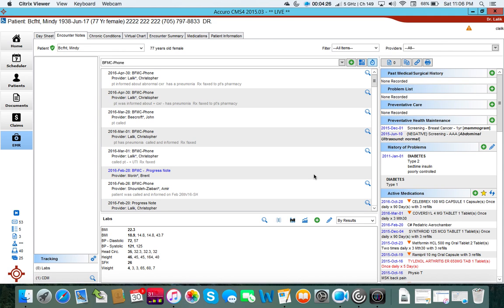Now let's look at the second scenario, where there is an abnormal result and the patient needs to be informed, but it's not an urgent result. So let's assume that this was some sort of a lab. Now in this patient, we don't really have any labs. So let's assume that this was some sort of abnormality in CBC, and I want to task the